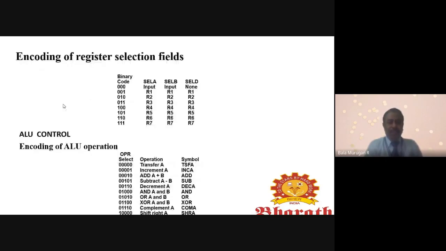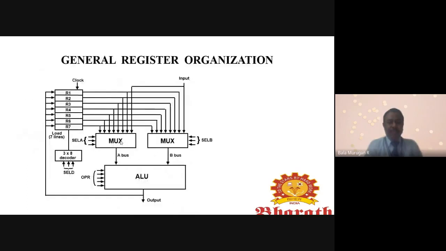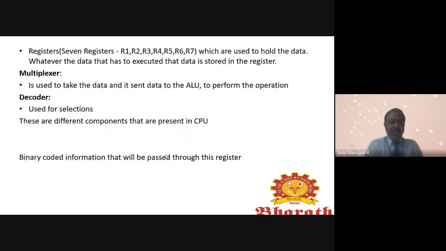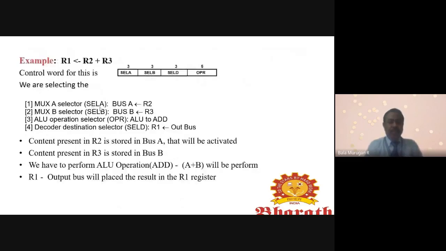So multiplexer A is selected, and multiplexer A selector means select A, that is the content of R2, the content present in R2 is stored in the bus A, that will be activated.